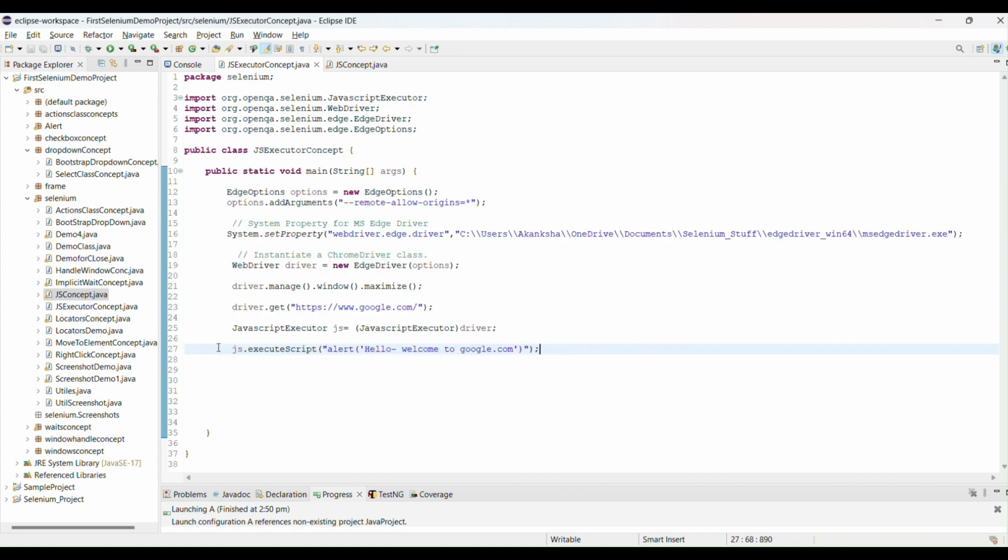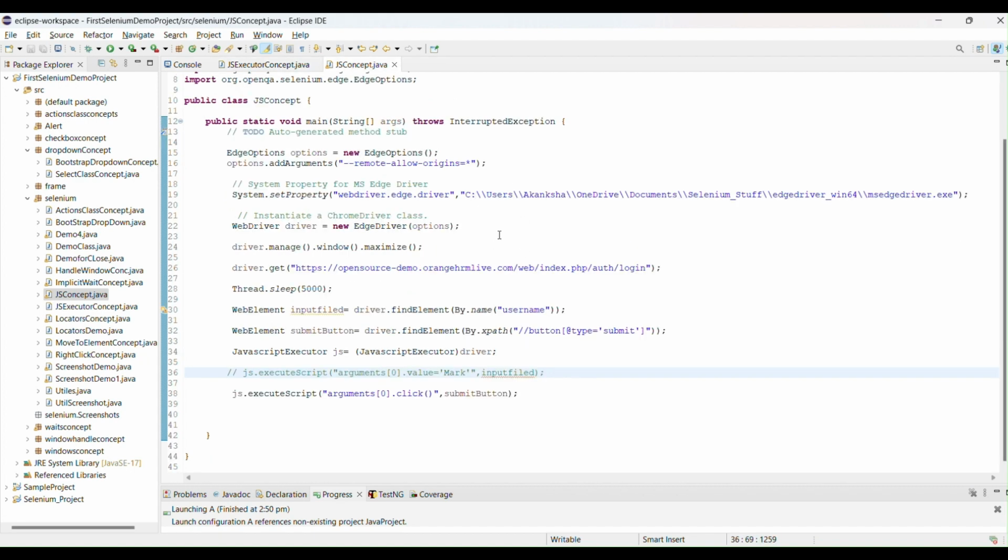For alert purpose, guys, you just need to provide the argument as alert, and inside this you need to provide the alert value, right? So this way you can give any alert in your application manually. Second, I showed you how to enter any input value inside the input field using JavaScript executor.